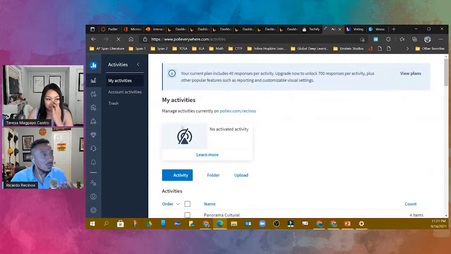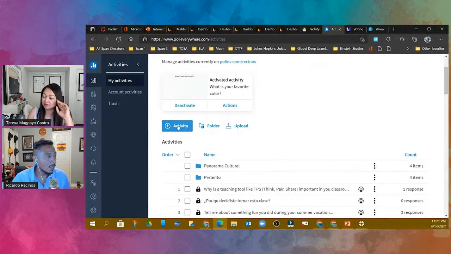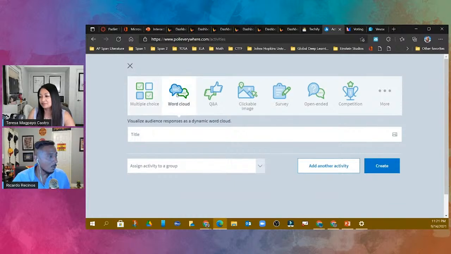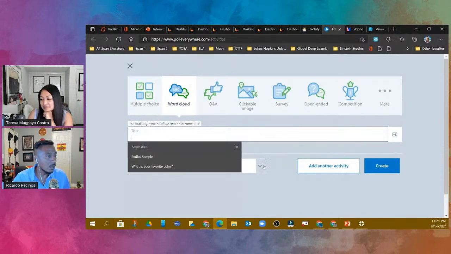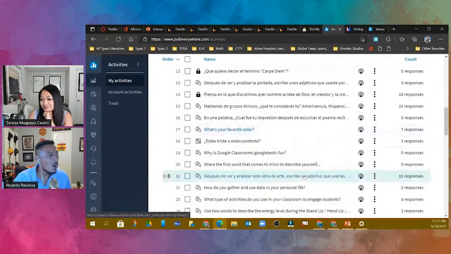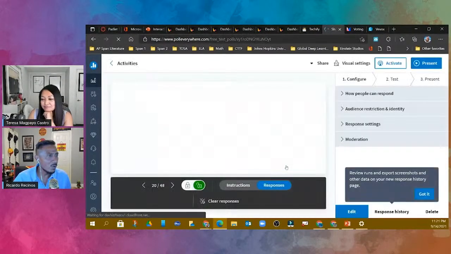So again, I don't have to function out of Office 365. I can come in here, create an activity. Okay, it's going to give me the options to do it. Competition is one that is available here that you didn't see before. Word cloud, if I wanted to do it, right, the title, the color, and I will be able to add it, and they will be able to complete it inside of PollEverywhere instead of doing it inside of Office 365. So I don't know if you have a preference, Teresa, when it comes to where you will want to do it, inside of PollEverywhere or